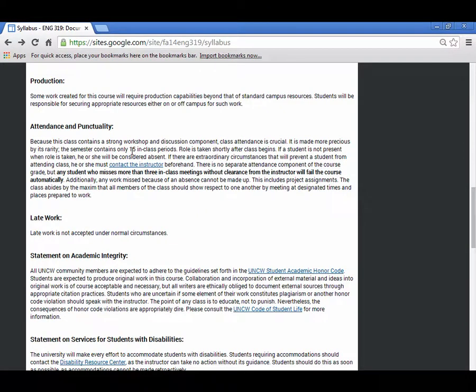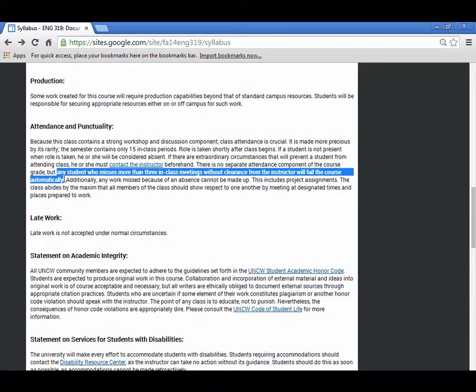We only have 15 person-to-person meetings. That means every one of them is pretty precious. I take roll with a roll sheet at the beginning of every class. If you're not there to sign the sheet, you get counted absent. The big thing here is any student who misses more than 3 in-class meetings, so that's 3 weeks of face-to-face